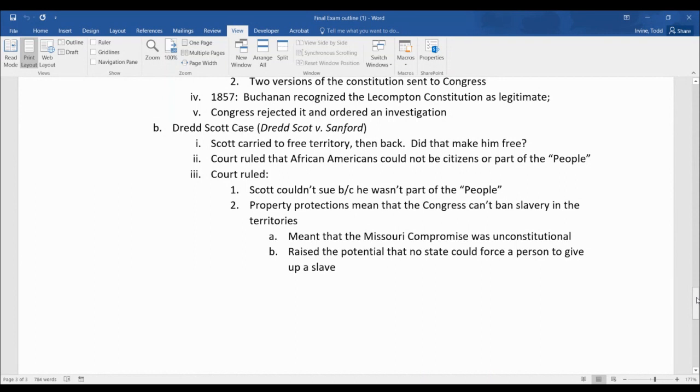Basically, Sanford was in the Army, and he was stationed in Illinois, and he opted to bring the Scotts with him as servants. Illinois, of course, was a free state. Well, he moved back later and went back home after he was done with his military service. He was back in the South. He died. He willed them to his sister, and the sister was in Missouri, so that was also a slave state. But then they sued under the argument that they actually became free the second that they crossed into Illinois,